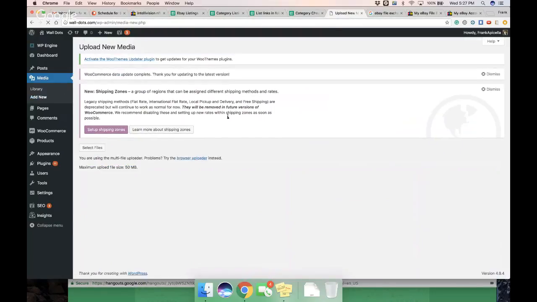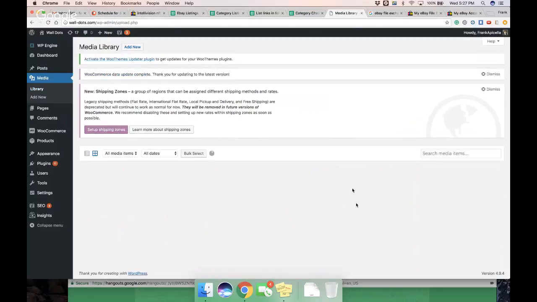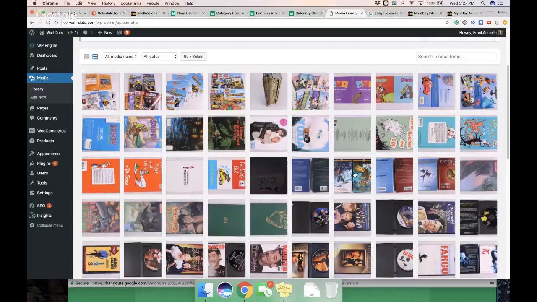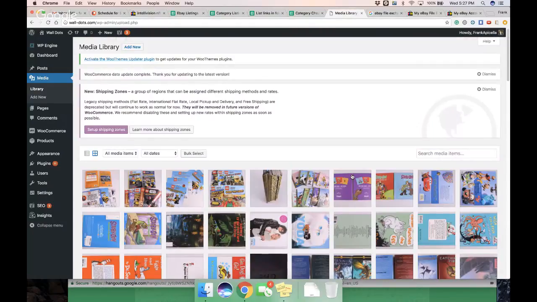You can add new, you can drop in a whole bunch of photos here. And then you can go to library and everything has a link and it's in order based on how you uploaded it, right? So what we did was we started uploading to here, and then I made a sheet that basically pulls the images sequentially, because when you upload